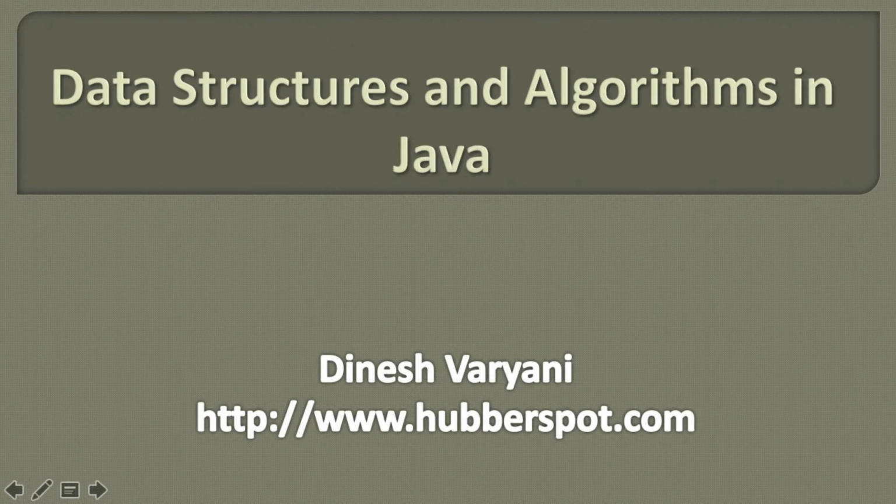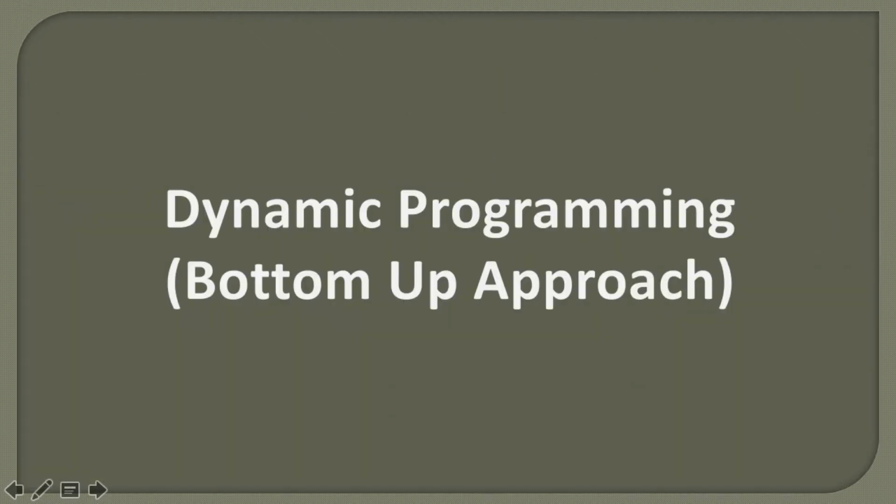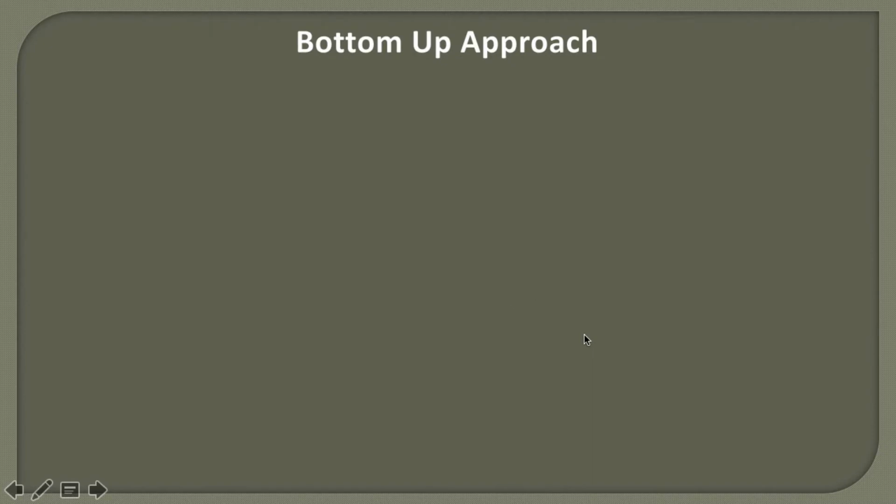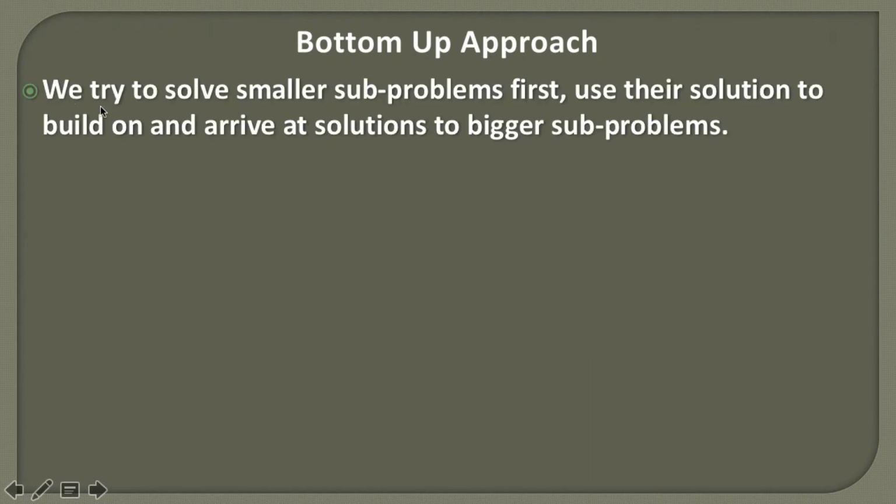So friends, there are two approaches to solve a dynamic programming problem. The first approach is the bottom-up approach. So what do we mean by it? In the bottom-up approach, we try to solve smaller subproblems first, and use their solutions to build on and arrive at the solution to bigger subproblems. So which simply means, let's say if you want to solve a complex problem,